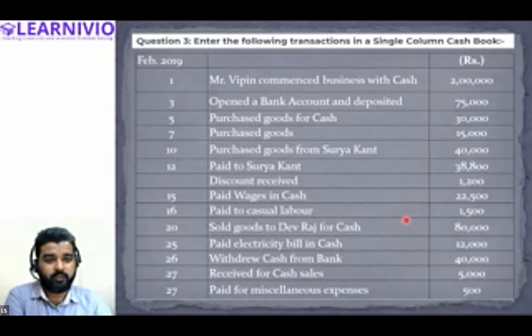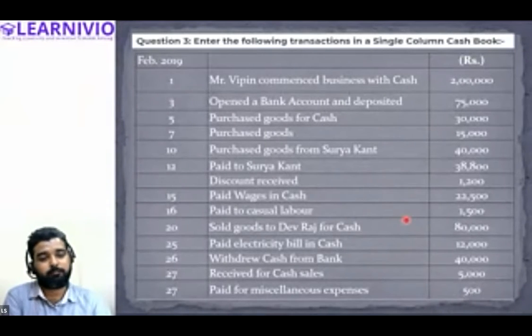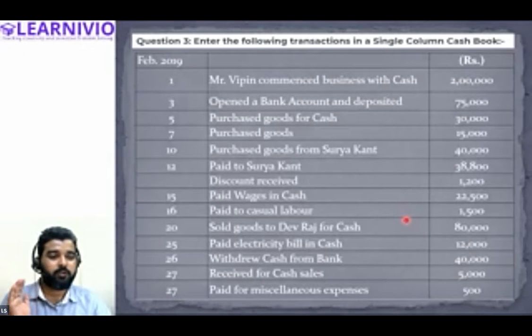If we have withdrawn the fund from the bank for personal use, it would be considered a drawing, but it will not be recorded in the cash book because there would be no relevance of the cash book in that case. If we withdraw the fund from the bank, it will affect the bank account only. If we withdraw the cash from the bank and we are not bringing it into the business, it will just affect the bank account and be treated as a drawing. It has no relevance in the cash book.